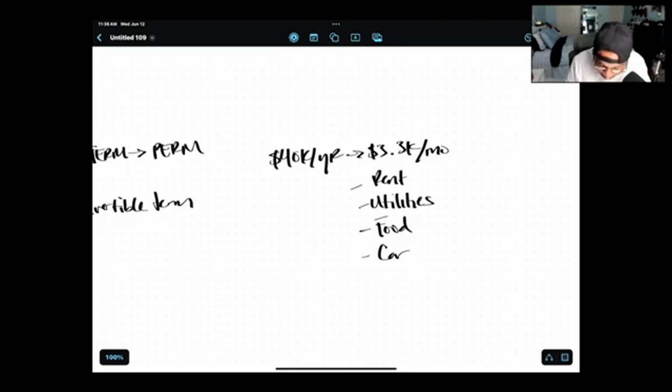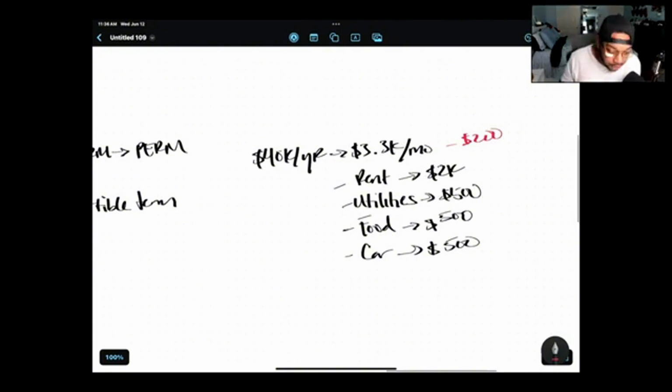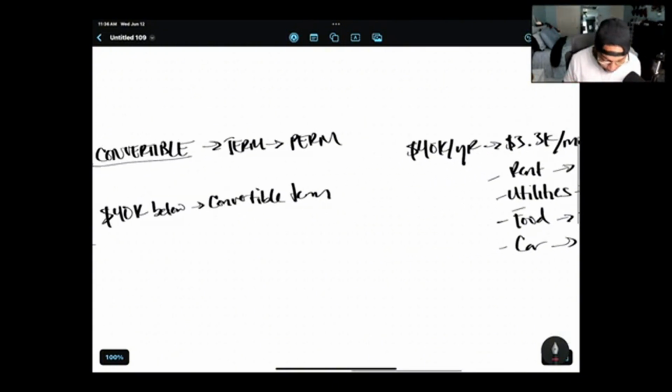So that's why I say your rent is probably like $2,000 on its own. Utilities are probably 500. Food, you're probably scrounging, so you're probably spending like 500, right? Car, I mean, let's be honest, that's gone. All your money's pretty much gone, right? Your car note is probably like 500. That's 3,500. You're in the negative right now. You know what I'm saying? You're minus $200. So you would need to get another job just to be able to pay your convertible term,